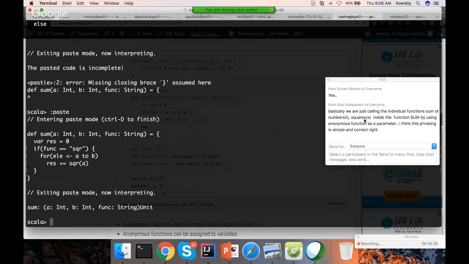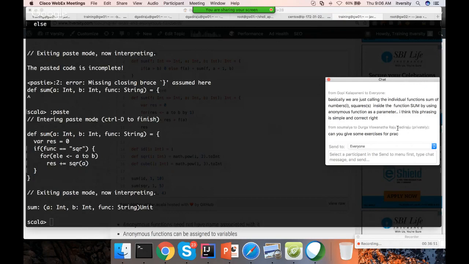And a final question on this topic: basically we are just calling the individual functions, sum of numbers, squares, inside the function sum by using an anonymous function as a parameter. I think this phrasing is simple and correct, right? That's correct, Gopi. You are spot on. So that being said, now let us get on to the